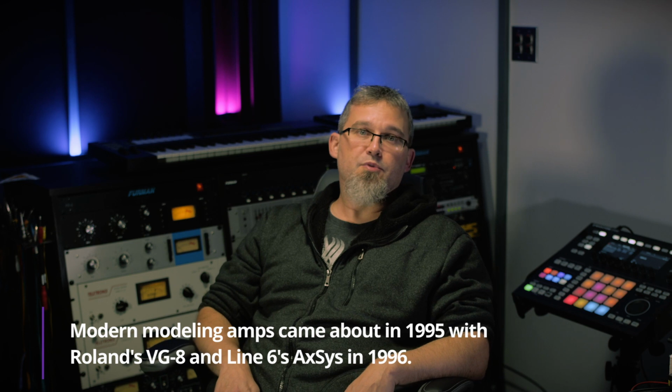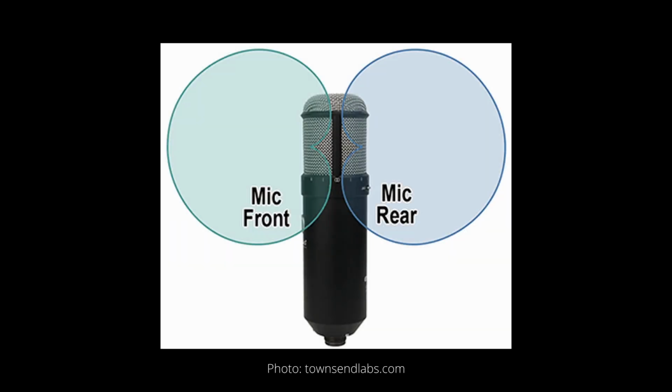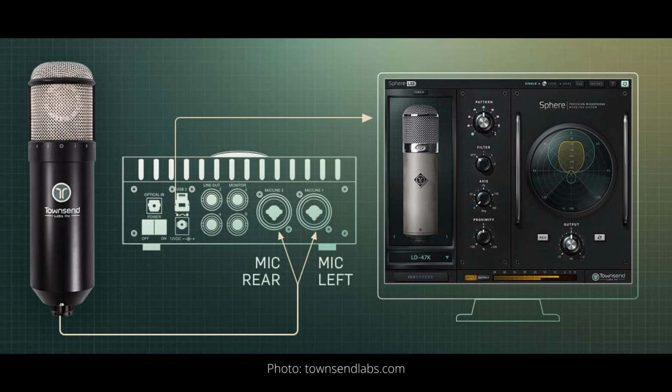Townsend came up with a unique and brilliant way of simulating the response of a mic to its environment and then some. Instead of applying a simple algorithm to a signal, Townsend would use a pair of diaphragms to emulate all sorts of different capsules, on top of then modeling the rest of the mic circuit. By manipulating the signal from both capsules, the software can change polar patterns and all sorts of responses even after